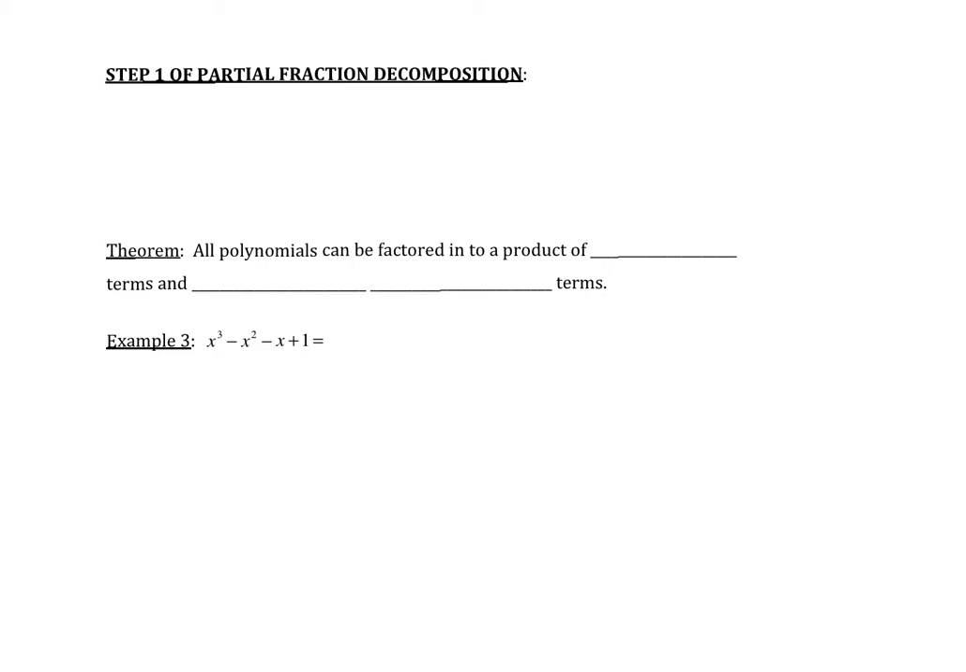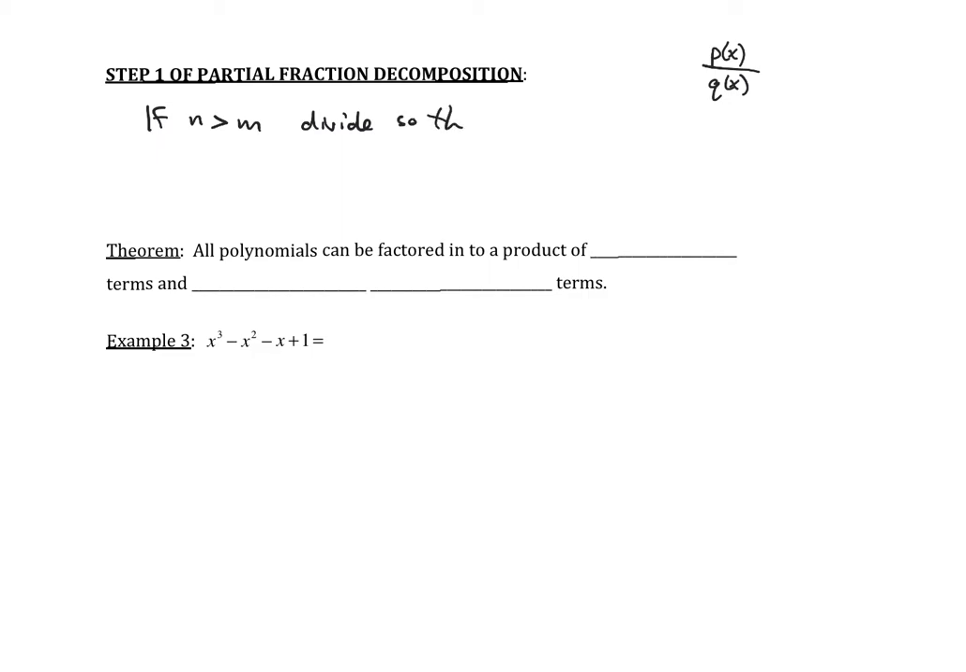Let's continue our discussion of the partial fraction decomposition integration method. So what we're trying to do is integrate rational functions of the form p of x divided by q of x. And what we want to do for the very first step of our partial fraction decomposition is the following. If n, which was the degree of the numerator, is greater than m, we want to divide